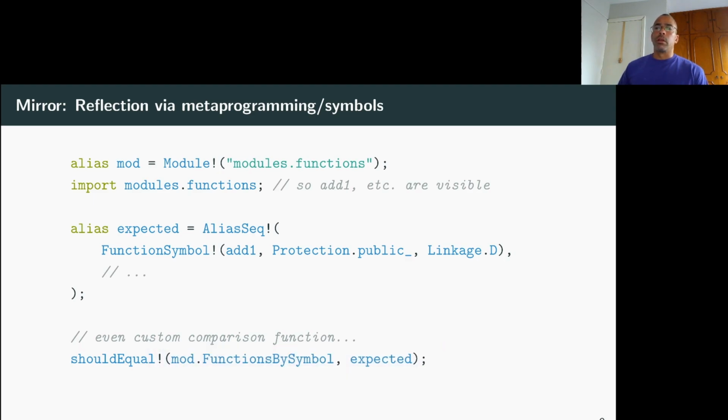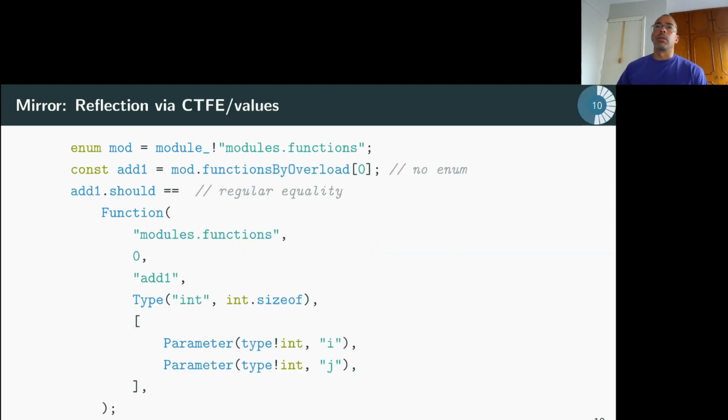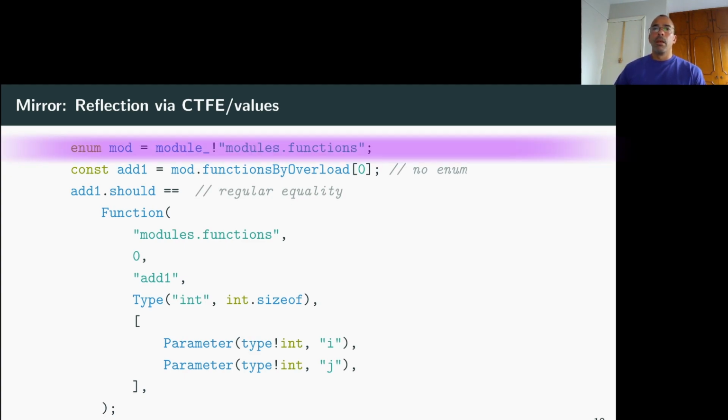But a lot of the focus on the SOC is actually on the other way of doing things, because that is completely new, and that is reflection via CTFE and values. Now, notice here that the only thing that's really compile time is that first line, which has an enum. So obviously, to reflect at compile time, I need to give a string known at compile time. It's a similar thing, a fully qualified name from a module, but this time I get a value back. So instead of being an alias, it's an enum. And that mod thing there is just a struct. It's nothing weird or templated or anything. It's just a regular struct. It's just a value. It just happens to be a value that we constructed at compile time.